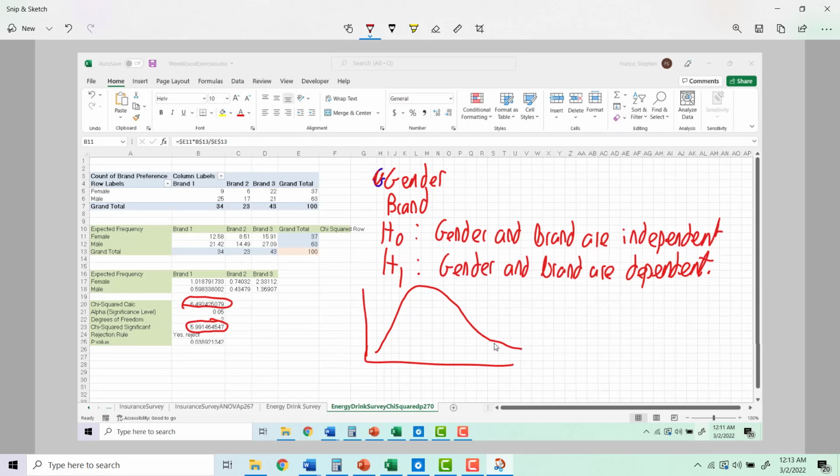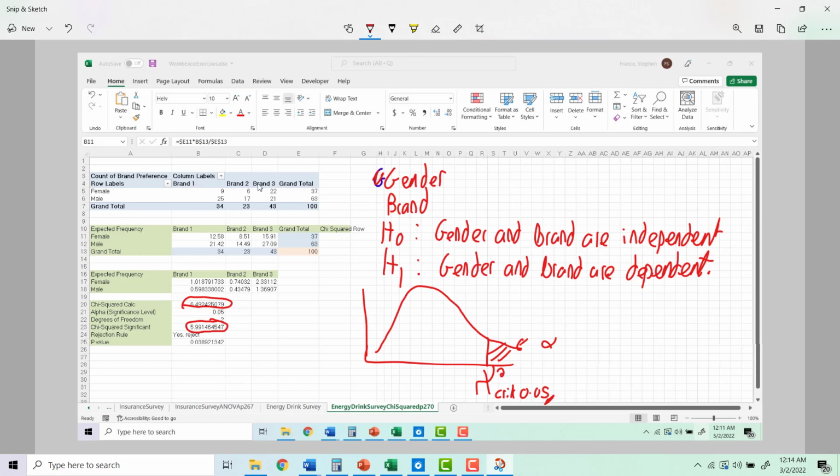And in fact, it's actually a squared Z distribution. So we have our alpha here, and then we have our chi-squared critical value, which for this would be with 0.05. And we have degrees of freedom, which is